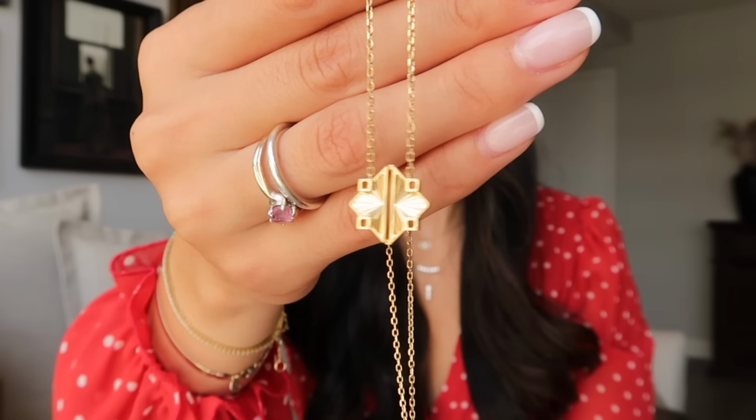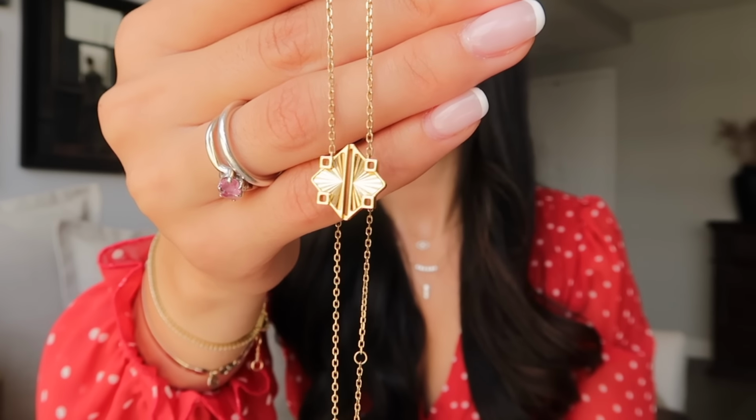The last thing that's gonna be in this jewelry bit is my beautiful Birks pendant. Now, most of the time I'm wearing pieces like this that are very dainty, very everyday, but every so often, I like to get a little bit bold, a little bit edgy, and I like a very bold and dramatic necklace stack. That's when I will typically bring out my chain link necklaces, and this is a piece that goes with those necklaces perfectly